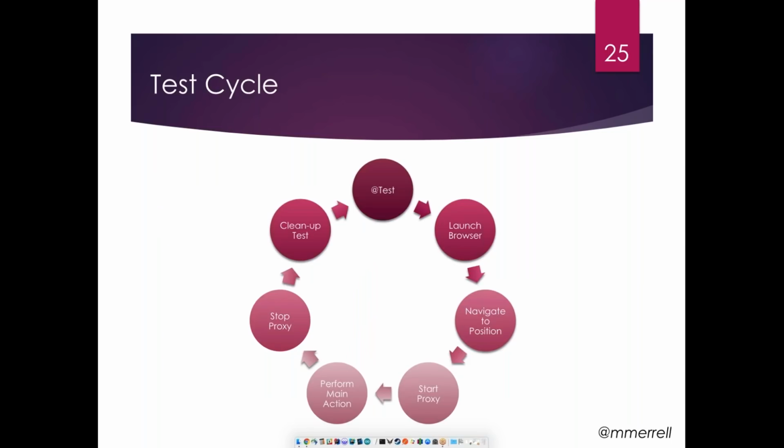So the cycle is you launch your browser, you navigate to a position, then you signal the proxy to start recording, and then you perform your action, then you stop the proxy, you clean up the test, and then you examine what you're trying to examine with expected versus actual results. My advice would be get as small an action as possible in order to know that your analytic event should have fired, meaning like a single click. You don't want to start the proxy recording, then run an entire Selenium test, and then stop it, and then examine your traffic. You want to just start it, do the click, stop it, and then examine your results.